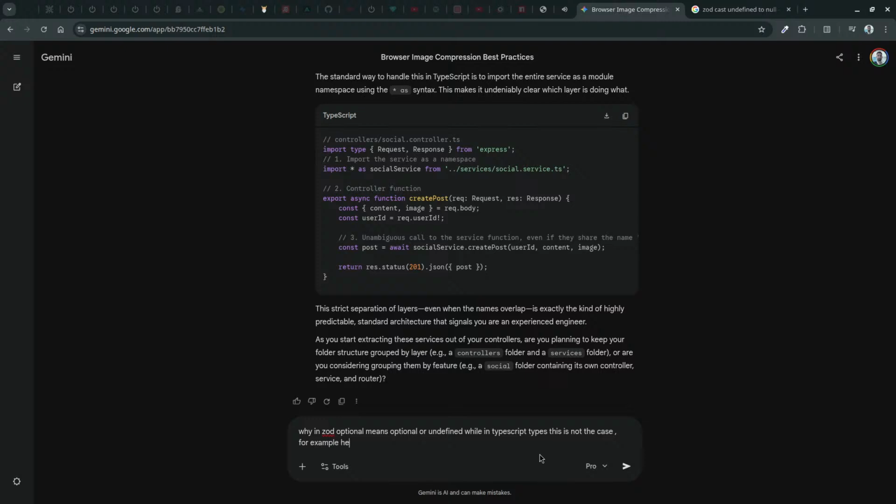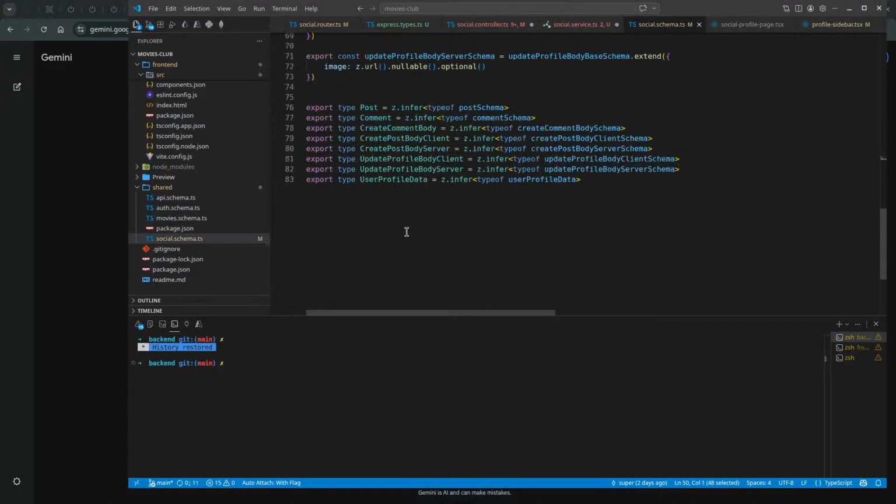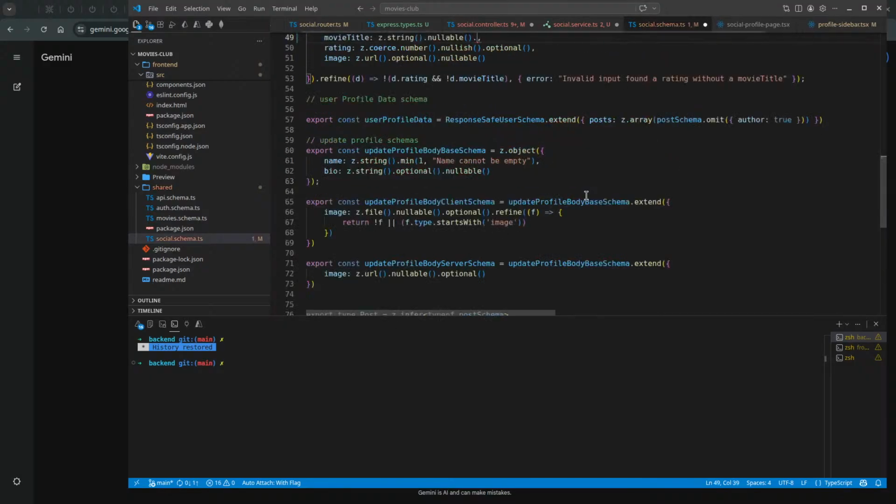For example, here it's going to be optional or it could be set to undefined.